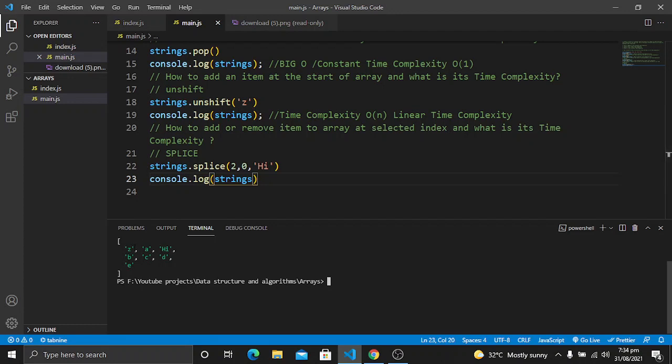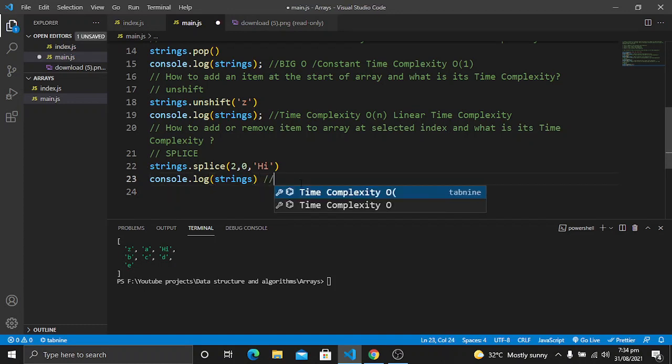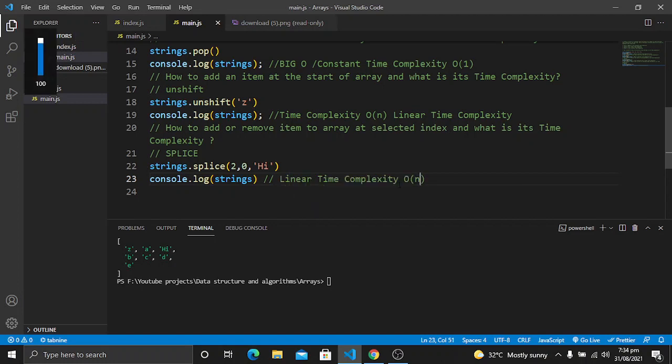So in this way you can add an item at a specific position. This operation will have linear time complexity, O of n operations. Why does it have O of n linear time complexity?